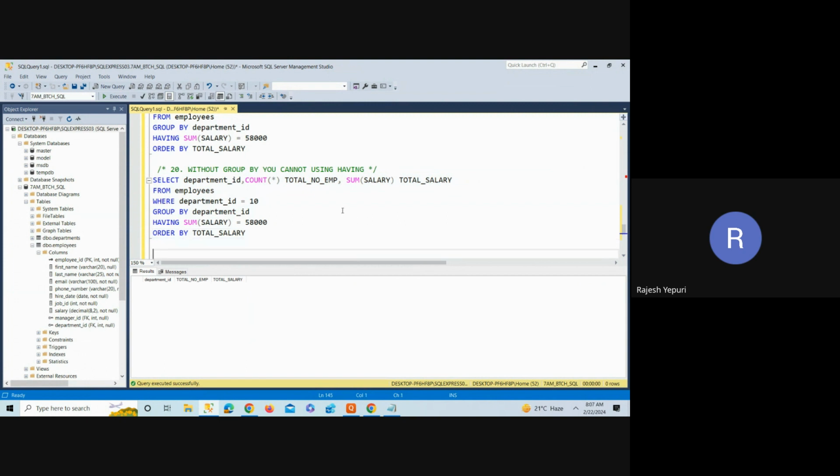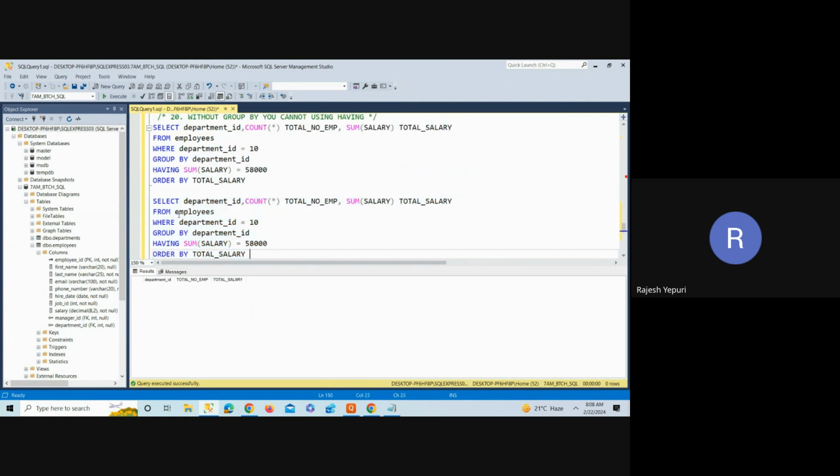And another thing is, see here, order by total salary. What is total salary? Total salary is an alias name. Using order by, I can use total salary. And here, this sum of salary is nothing but the original of the alias name. Total salary is for what? For sum of salary only, right? Instead of using sum of salary, can I use total salary? Or else, I want to fetch the data in a similar way. If you observe here,